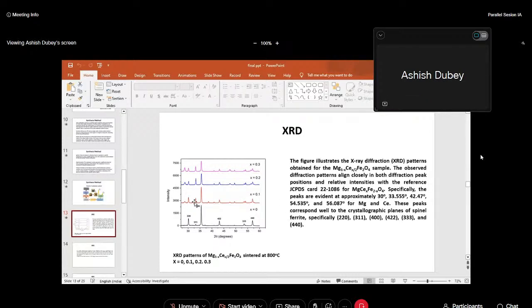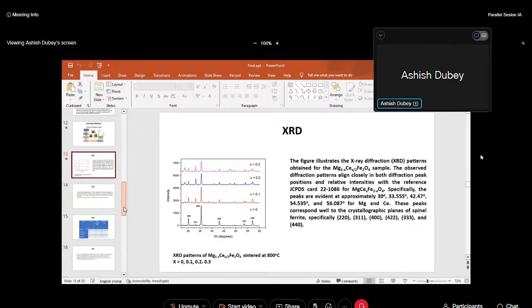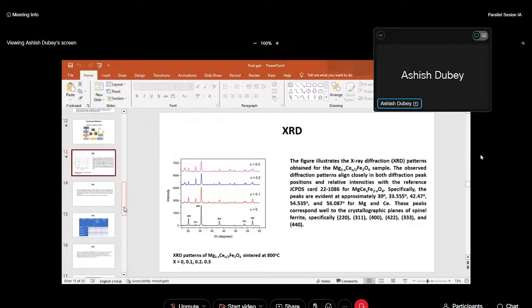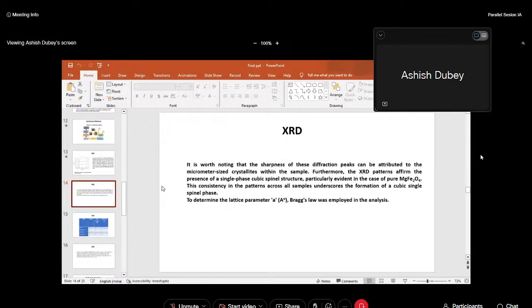And by doping, we also see that there is a rightward shift in the XRD pattern. That is due to the changes in the crystallite size, because the cerium that we are doping on the magnesium side of the ferrite has a lower ionic radius than the magnesium. It is worth noting that the sharpness of these diffraction peaks can be attributed to the micrometer-size crystallites